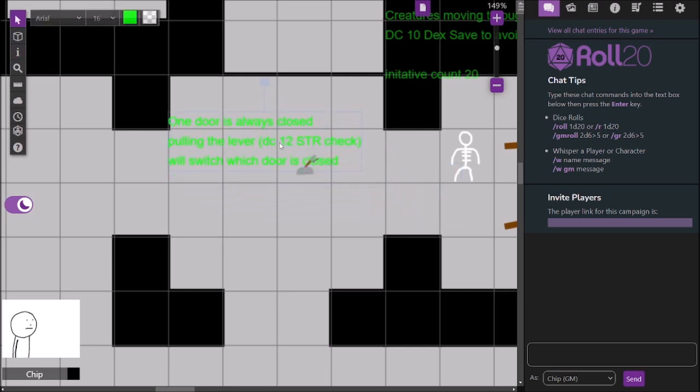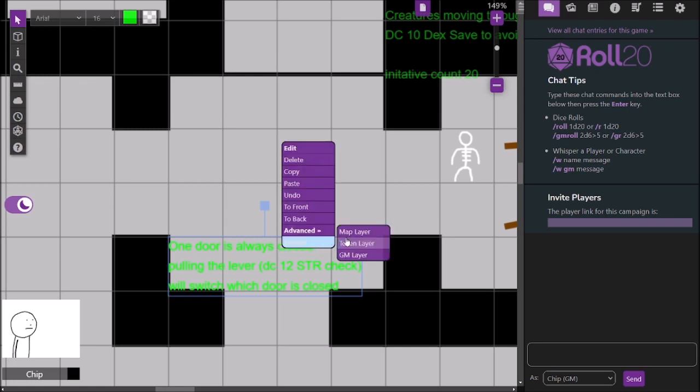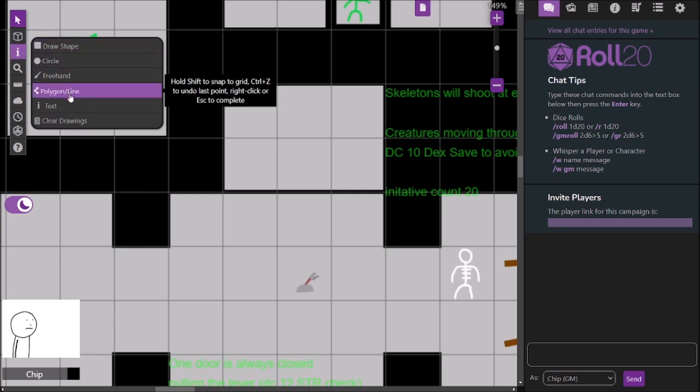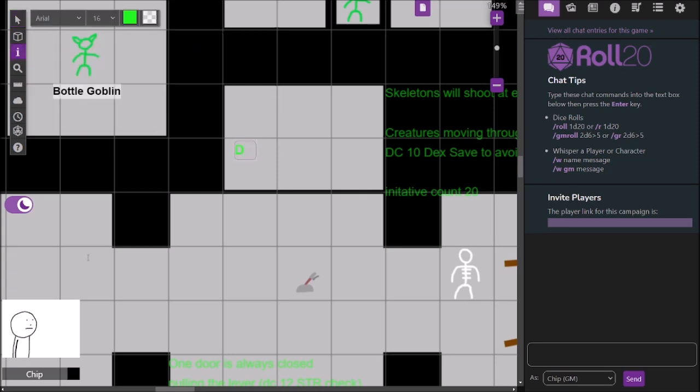it's still like a challenge. But just a GM layer, and now we just have this room here. I'm not sure what we should put into it. Alright, here's an idea. Alright, text. Let's do DC. Let's do 15. And let's just do room contains